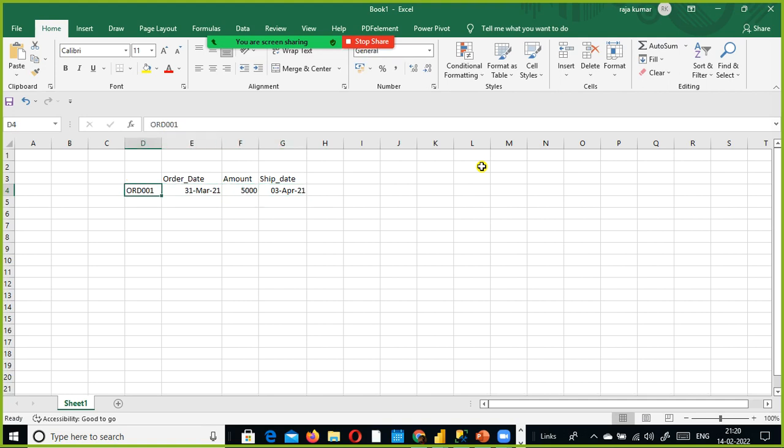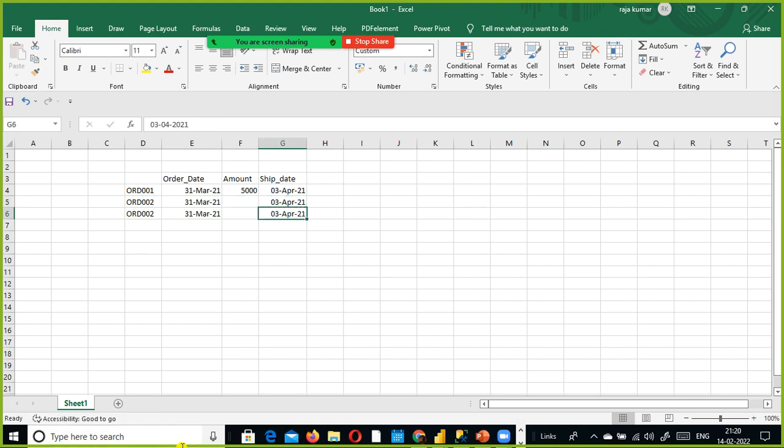Let's say I have another order. On the same day, another customer ordered another product, and here the shipment date is the same. But if you see here, on the same day he did not make the payment.